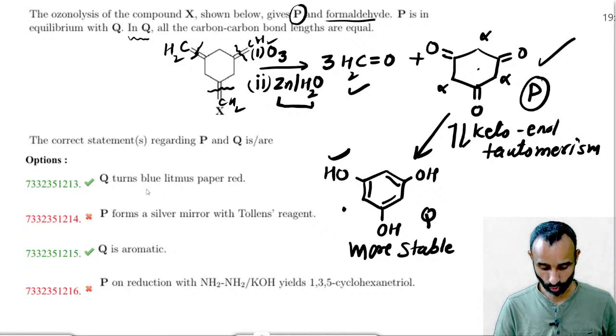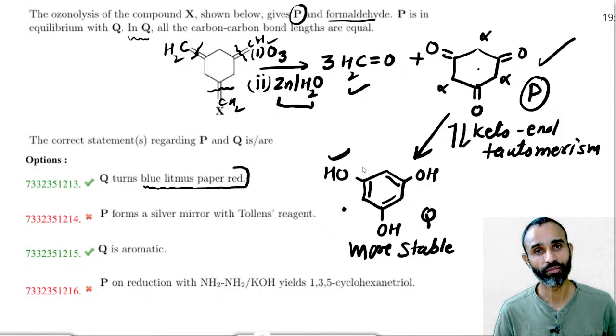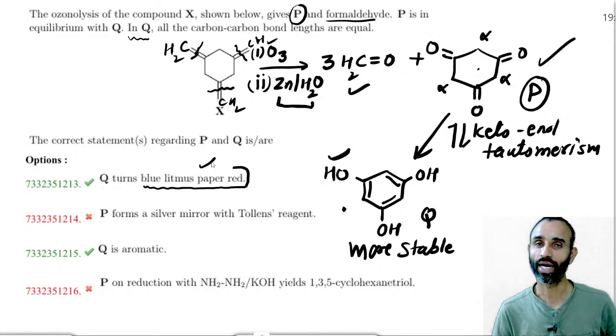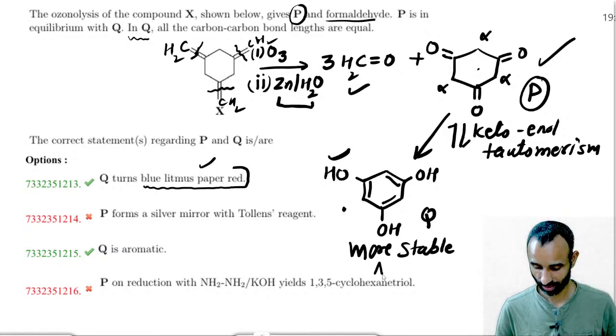So Q turns blue litmus red. Obviously, these are phenols. So phenol can turn blue litmus red because it is acidic. P forms the silver mirror test is wrong,